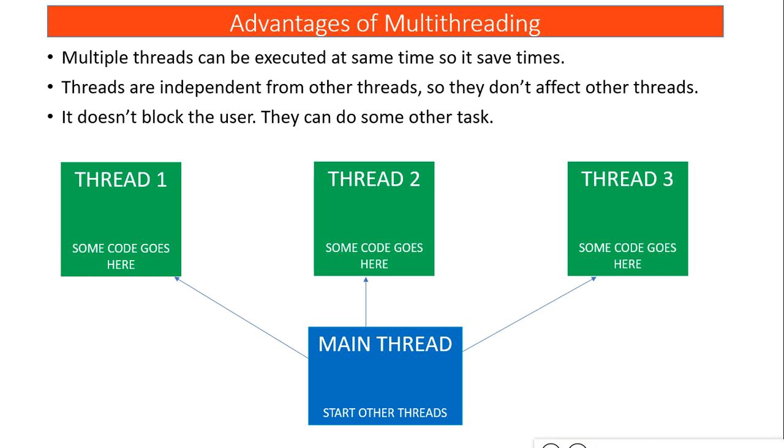So the main advantage of multi-threading is that you can execute thread 1, thread 2, thread 3 at the same time with the same priority. If you do not implement multi-threading, then thread 2 has to wait for thread 1, and thread 3 has to wait for thread 1 and thread 2 to complete their executions. But by implementing multi-threading, all these threads can execute simultaneously. The waiting time of thread 2 and thread 3 will be a lot less. Basically, the compiler will switch from one thread to another to execute these threads.